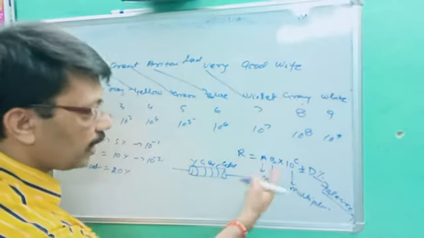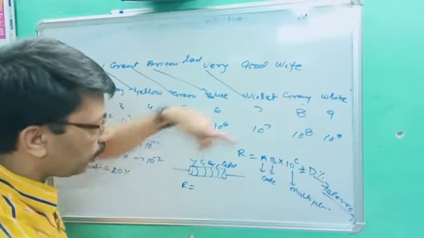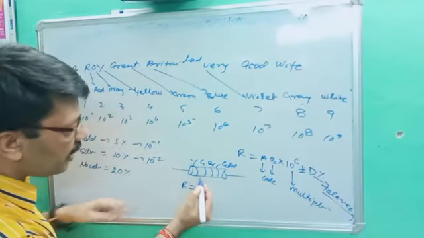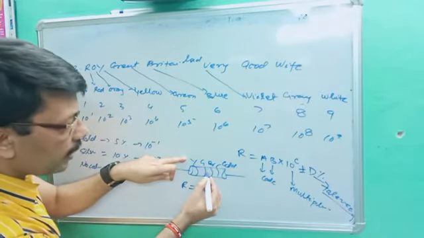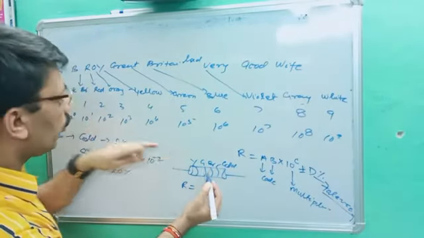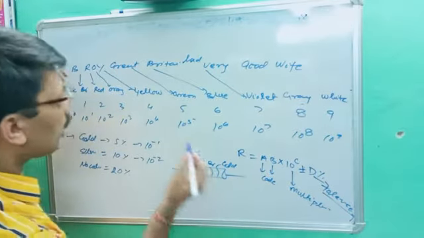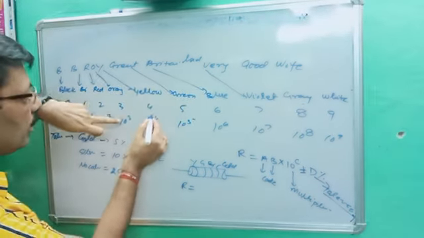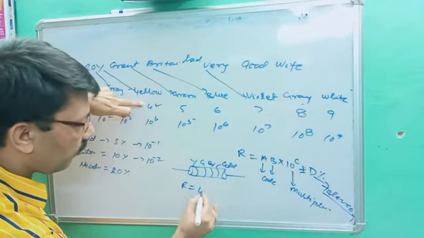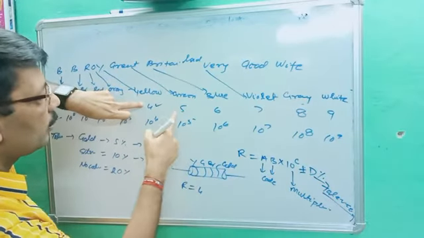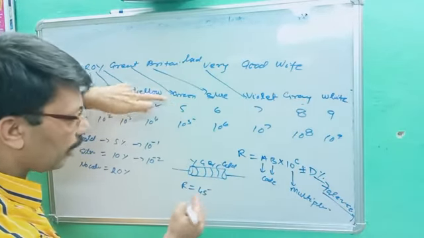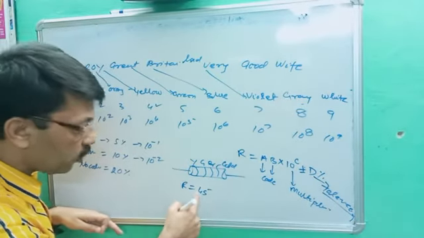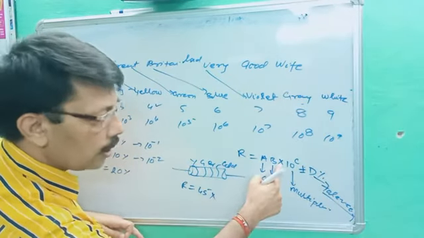So easy, the formula is there. R is equal to AB into 10 power C. A is yellow and B is green. So what is the code? You have to write the code. Yellow code is 4, green is 5, so it will be 45. Don't multiply 5 into 4. It will be 45 into 10 power C.